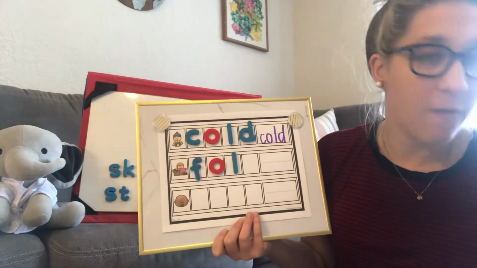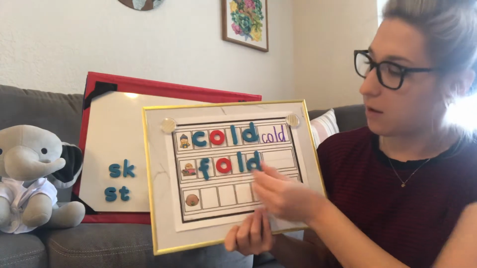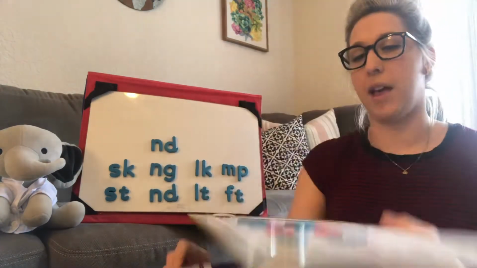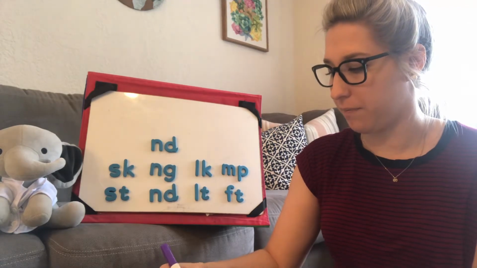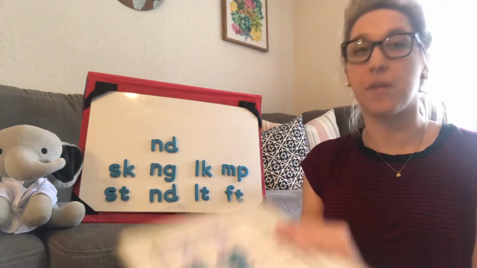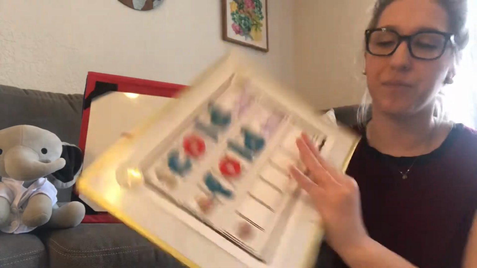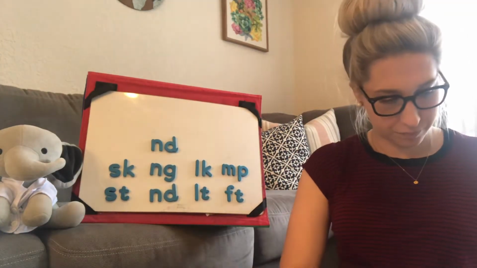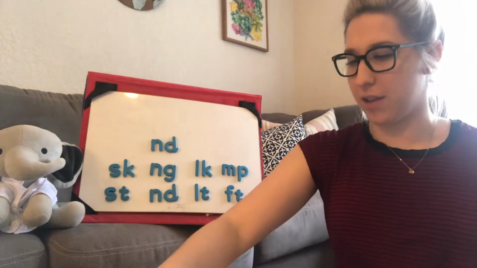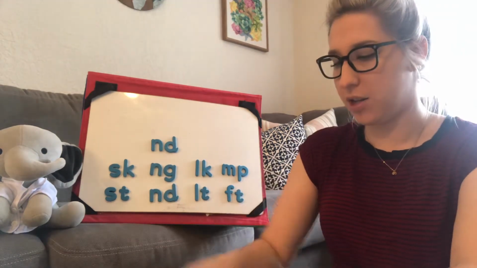Very good. Fold. Oops, and I spelled it wrong. Fold. Okay, so let's go on to the next one. We're actually not going to go to the next old. We're going to go on to